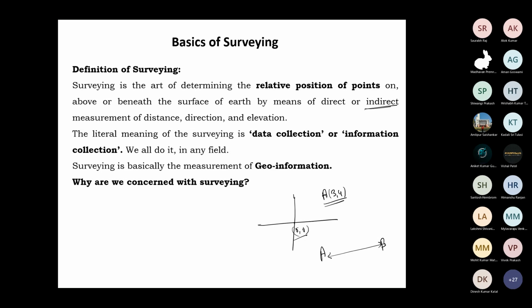Yes, speak. We measure the distance of A from some fixed point, and from that particular point we will measure the distance of B. So is that indirect or direct? I think this is indirect. You simply differentiate: direct means I am physically going there and using an instrument. Indirect means using different instruments and getting our desired result.